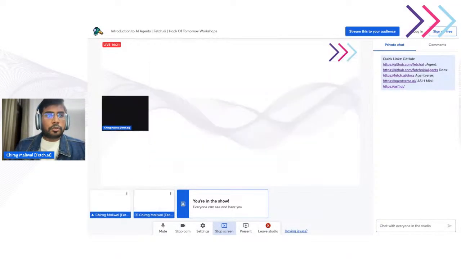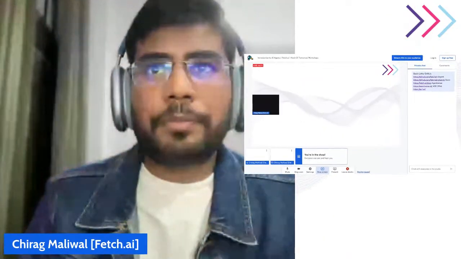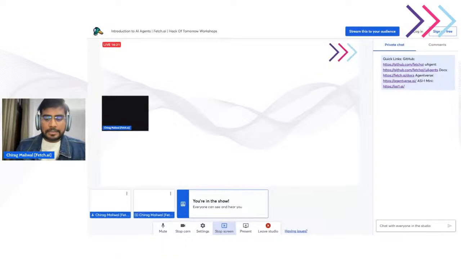To install the package, you just need to run the command pip install uagents. You can see that uagents is already installed on my system. We will create a very basic agent.